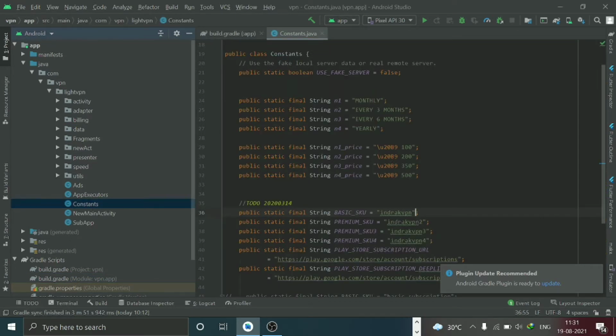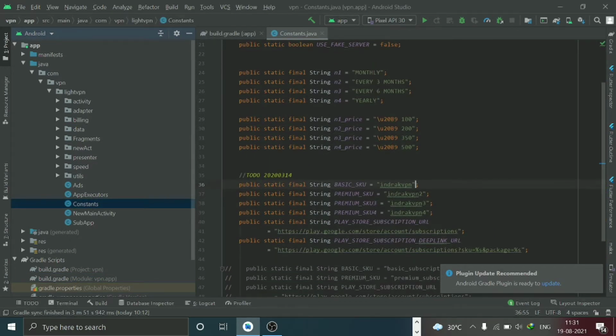just follow these steps. We open my Android Studio and open my application also. Just open constant.java. This is my VPN application. If you have any other application, just open it according to your application. And the subscription plan option, you can check this. I have opened this, and if you want to add your subscription prices here, you can check this.